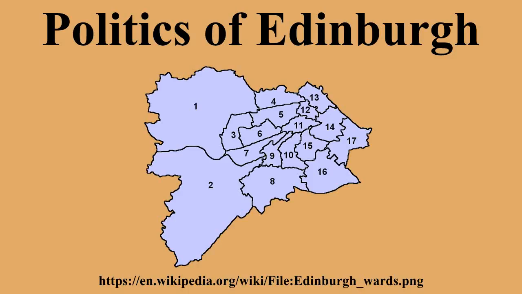In 1975, Edinburgh Corporation and Midlothian County Council were both abolished. The new two-tier system consisted of Lothian Regional Council and the City of Edinburgh District Council. The City of Edinburgh became a single-tier council area in 1996, under the Local Government, etc. Act 1994, with the boundaries of the City of Edinburgh District of the Lothian region.